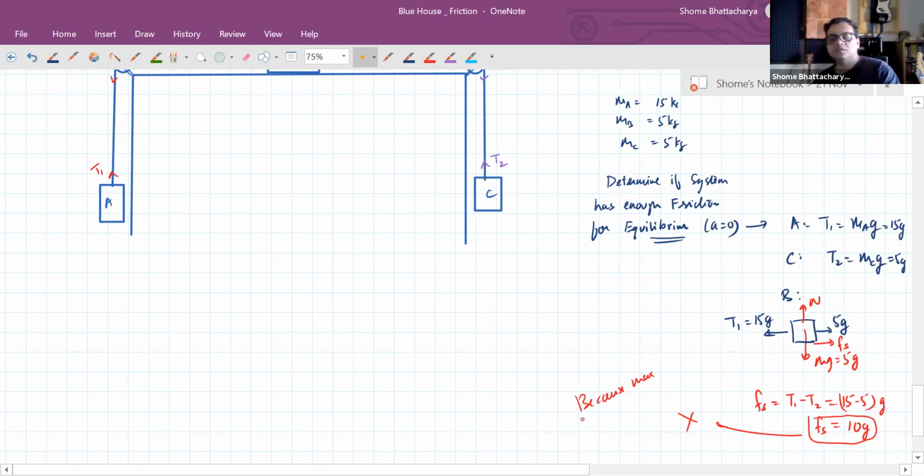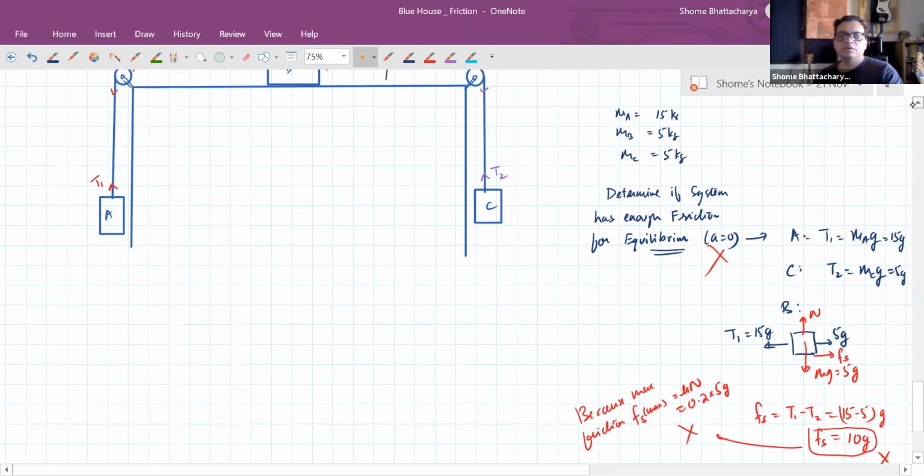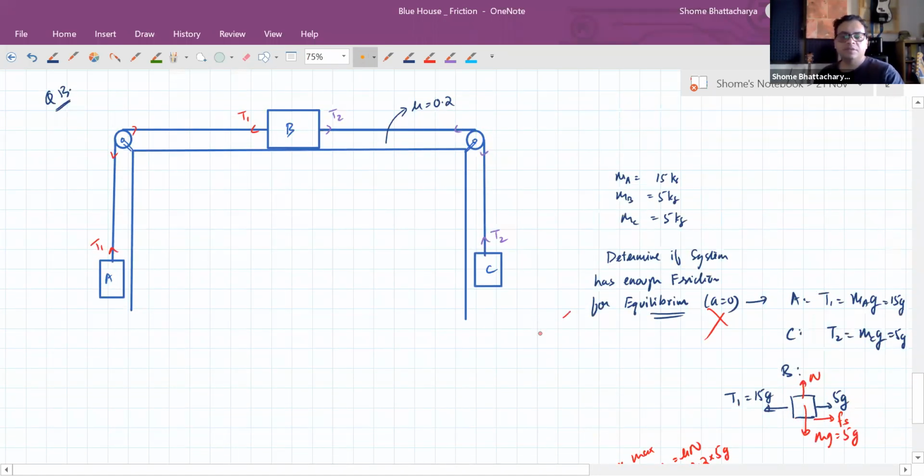So this you can see is not possible because maximum friction is mu n, which is 0.2 into 5g. So this much friction is not possible for us. So that means this condition is not possible. Equilibrium condition is not possible. So the moment we know equilibrium is not happening, that means what is occurring? Therefore, the system has slipping